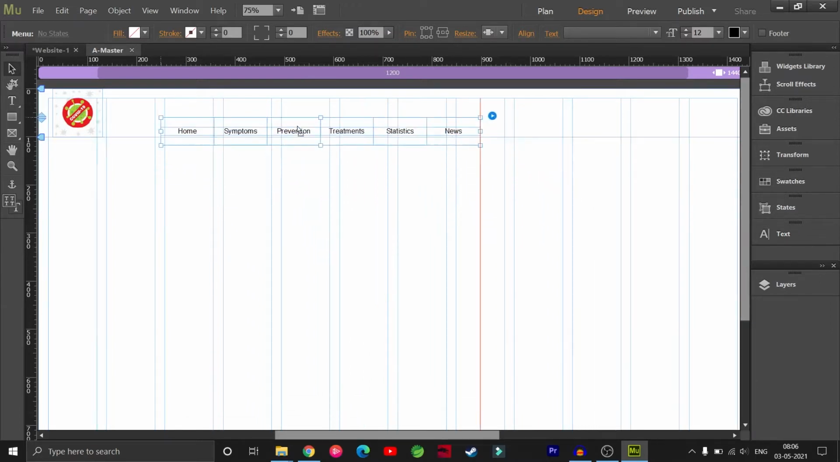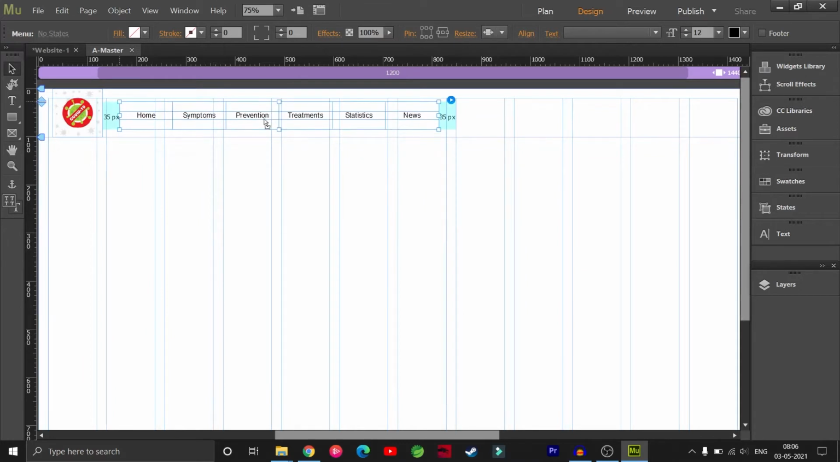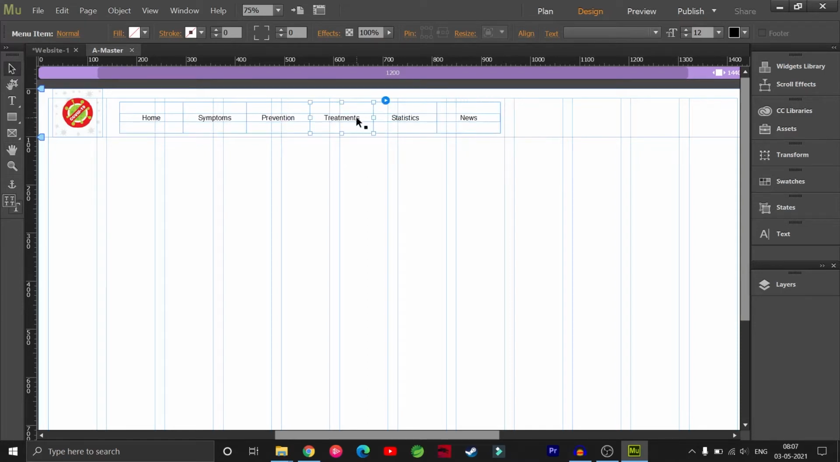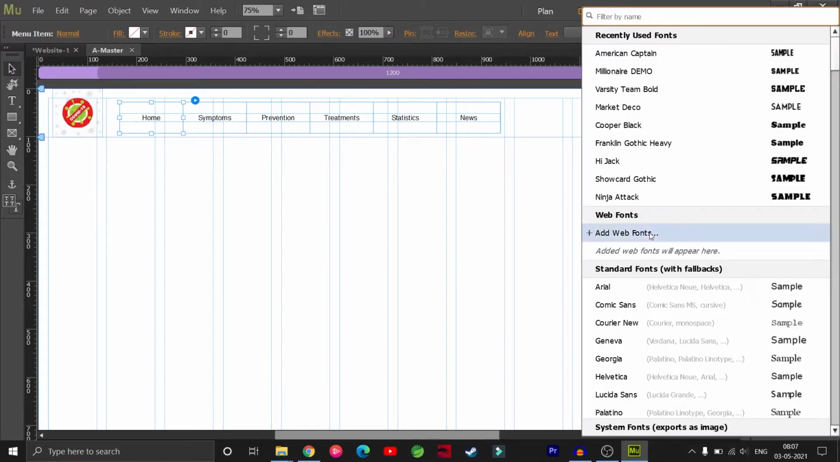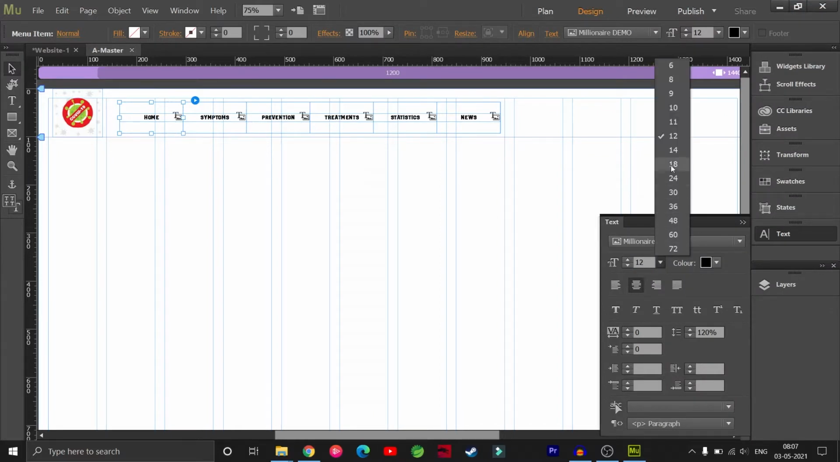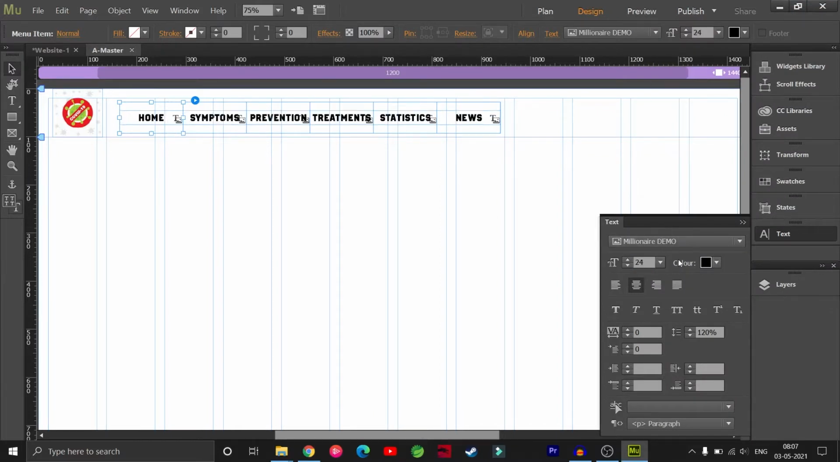I'm just gonna put it in the navigation bar right here. We can resize it whatever size we want. I'm just gonna resize it a little bit. I also wanted to change the font type of this menu bar. In the text panel we can change it right here. I am choosing the font name Millionaire Demo here. You can choose whatever you want, and also I'm gonna increase the font size a little bit so it looks